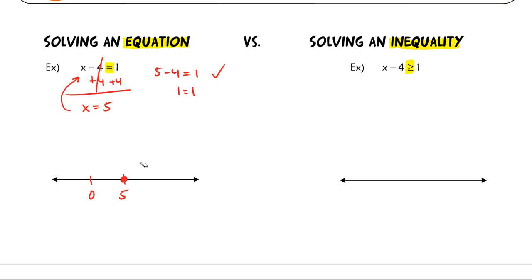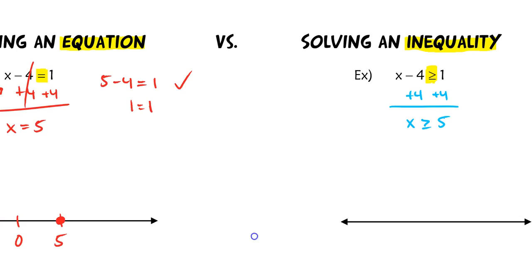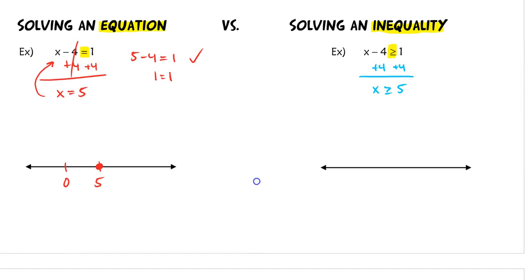Okay. Now when we solve an inequality, we actually use the exact same step over here. We're going to add 4 and get x alone. So I'm going to add 4 on both sides, and I'm left with x is greater than or equal to 5. Now this is a much different answer than my answer was over here. This is saying only x can equal 5 to work in this equation. This is saying that any real number, as long as it's greater than or equal to 5, will work inside